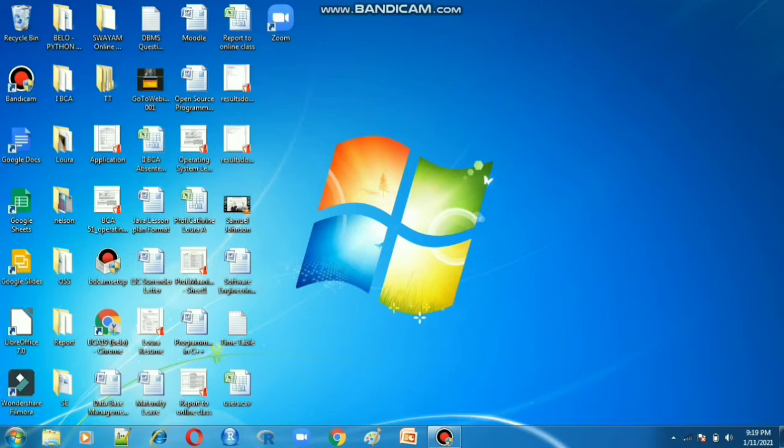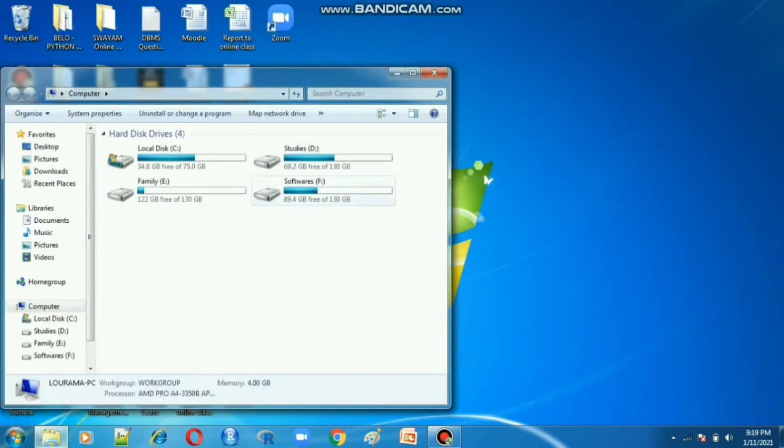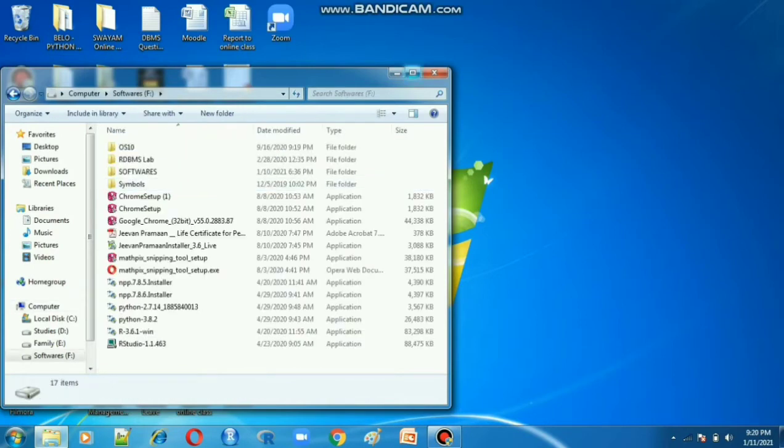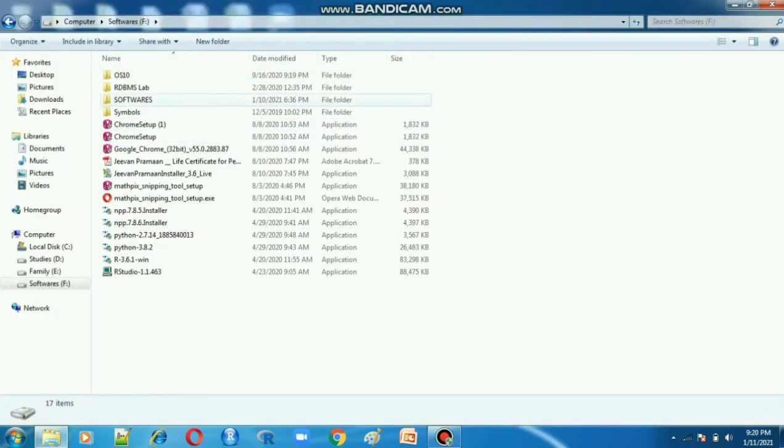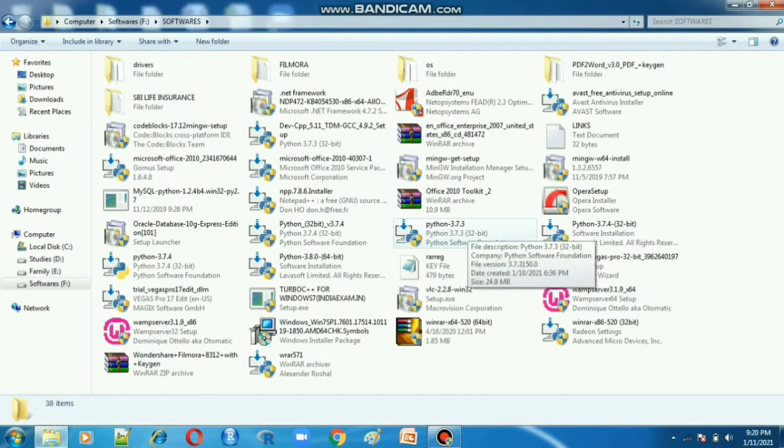Python 3.7.3. I stored that software on my laptop, and it is here. This is the software I'm going to install now. You have to double click.